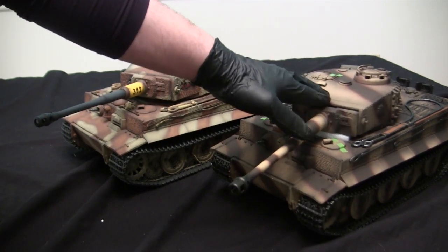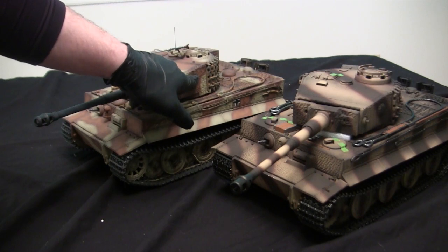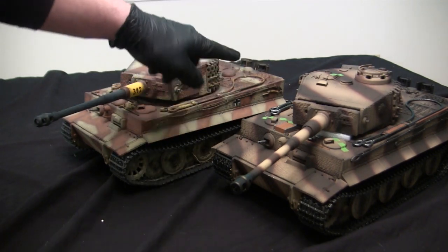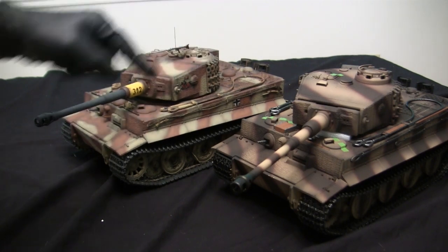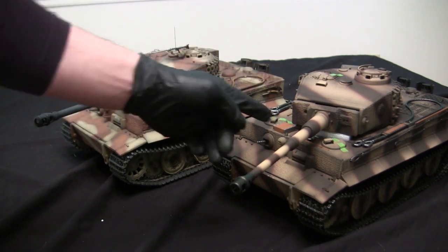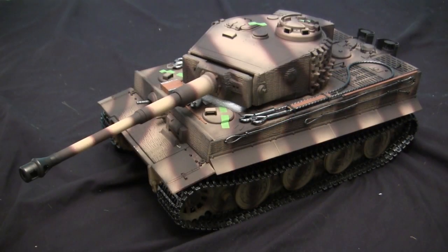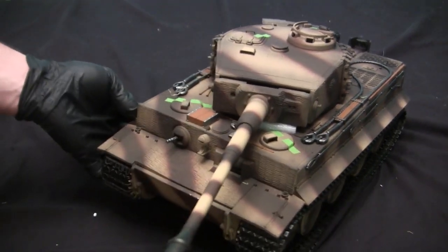But this model here is basically going to be getting many of the modifications and detail accessories that went into this guy, with the exception of probably a few extras because some more details were developed since I finished this model here. And more information on this is definitely going to come in video part 2 and 3 of this series. Well, with compare and contrast and show and tell out of the way, the rest of the model's exterior,